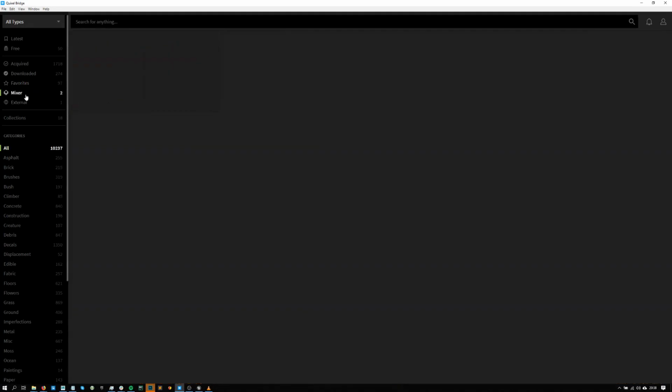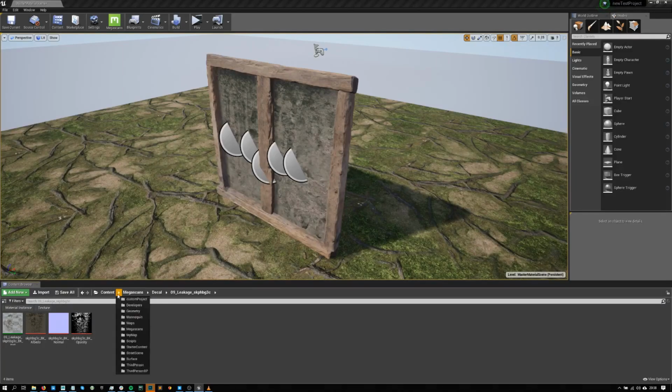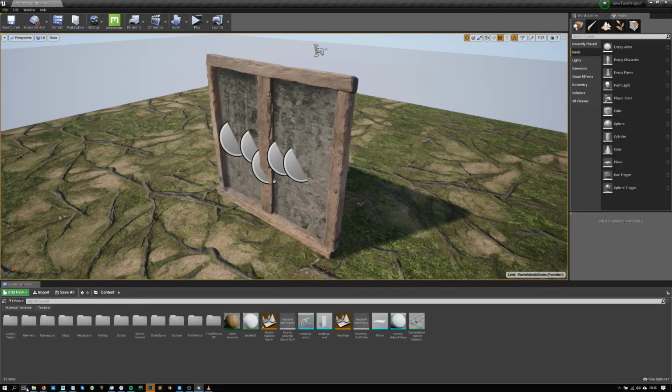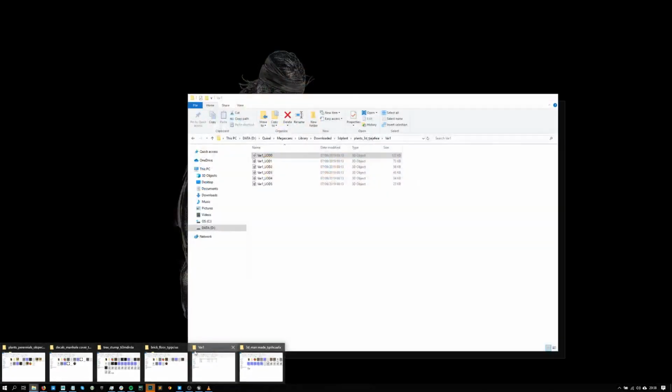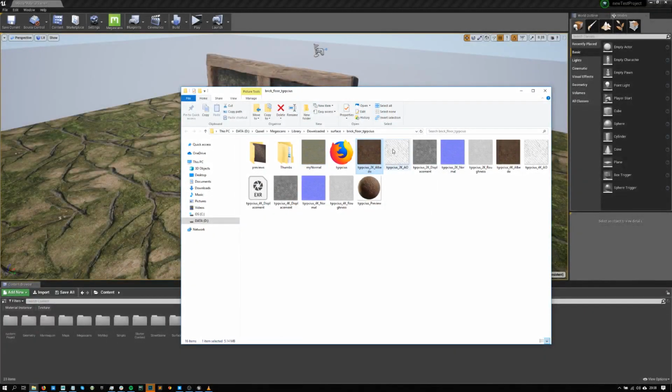Okay, so the next one is Mixer. This is, again, an external one where you have, let's say you have Mixer, you create a really nice asset in there, and then you want to send it from Mixer to Unreal. Manually doing that would mean, oh god, I haven't done the manual process in so long, but I'm just gonna give you some context, because after using Megascans for a bit, I kind of forgot the manual process,